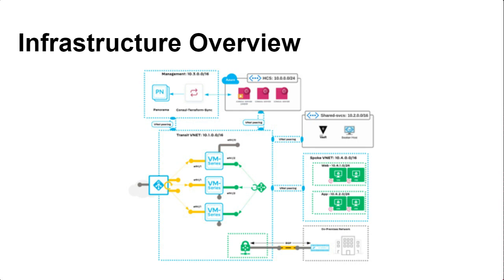And on a management spoke, this is where all your management nodes live, such as Panorama, Consul-Terraform-Sync, or any other bastion host as well, if you want to maintain some of the stuff. So keeping that separation, right? And then on the right-hand side, you got different workload spokes. And also you can notice here, you can have a direct connect or a dedicated connection from your cloud service provider to your on-prem data center to provide connectivity to your on-prem services as well.